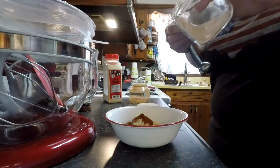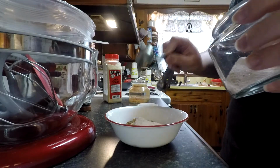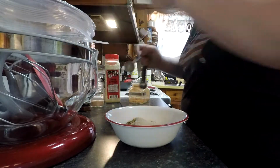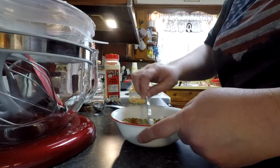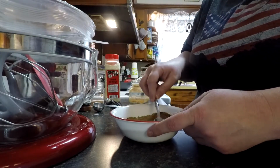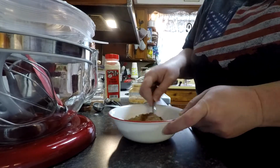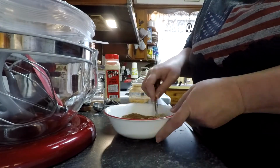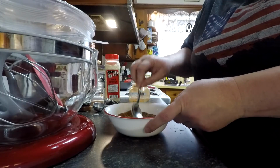But this is the only salt. No, wait a minute. No, I found 1 is better. I don't know what I'm saying. That's the only salt that goes in. And this is not just for 1 meal. This is for several meals. Because the way it says is you use 3 tablespoons of this each time for each pound of the ground meat that you use. With us, we don't necessarily use 3,